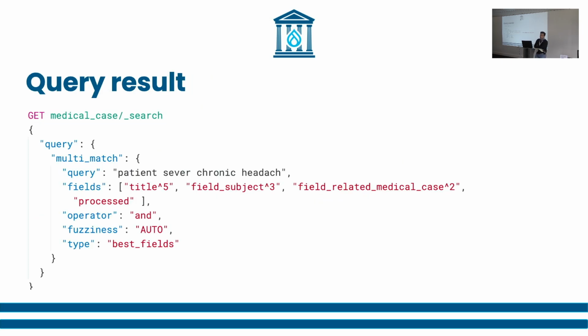So in the end, what we are going to send from Drupal to Elasticsearch is this query. And this query has all the index fields with their boost values, title, field, subject. And then here the query is the result of all the processors that we explained before.